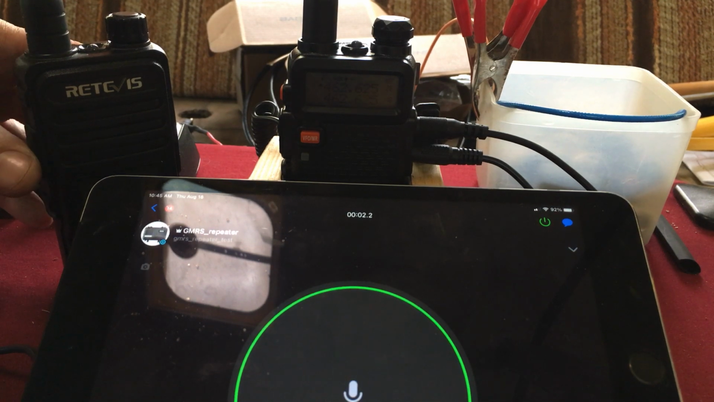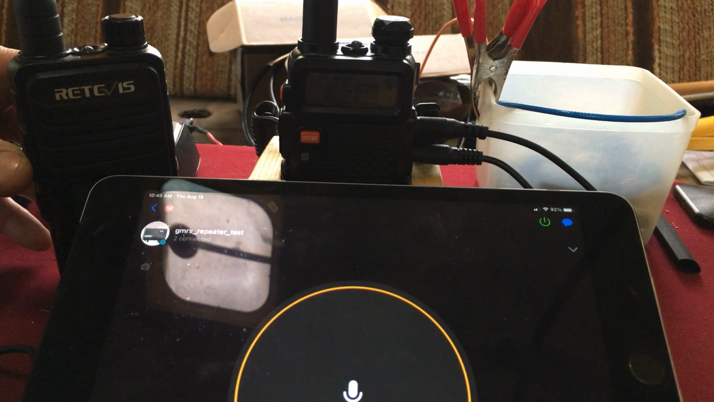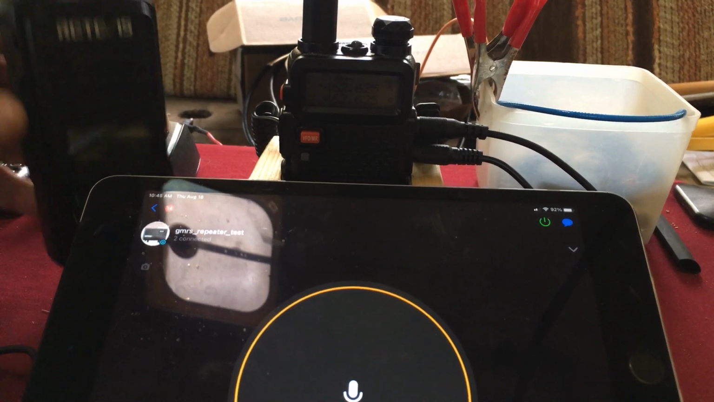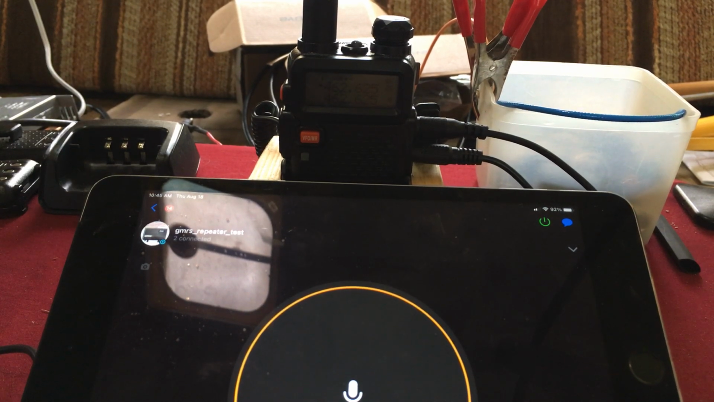So now I'm going to press this and talk on the radio, and you'll hear it come through the iPad. It will record because I got the simplex turned on. So, but it will only play back the second recording on the two-way radio. It doesn't need to because it already played on Zello. So,